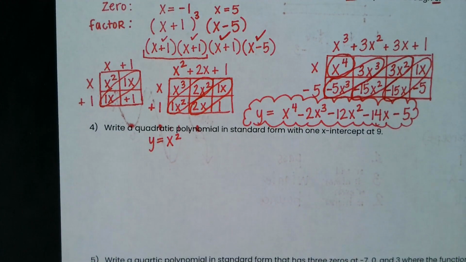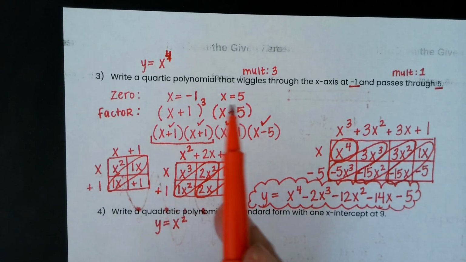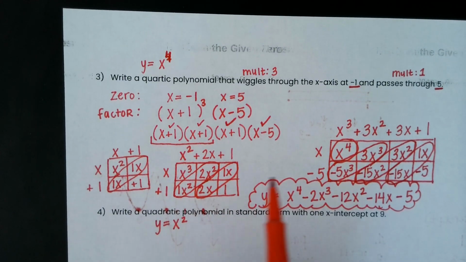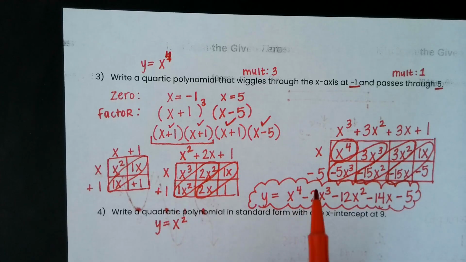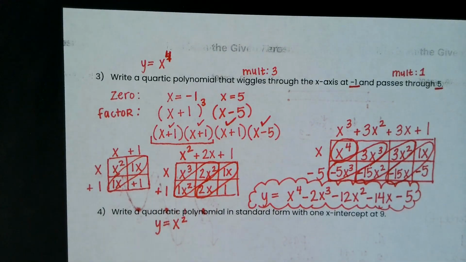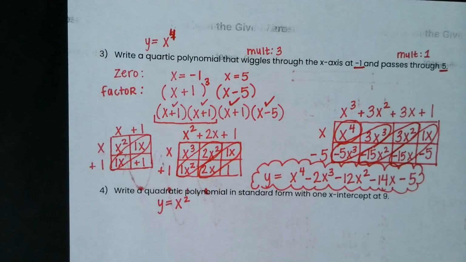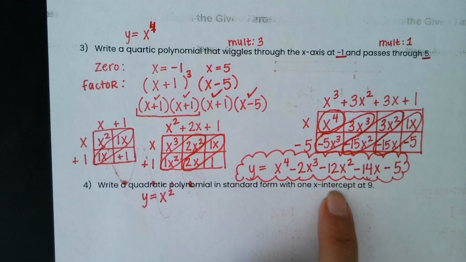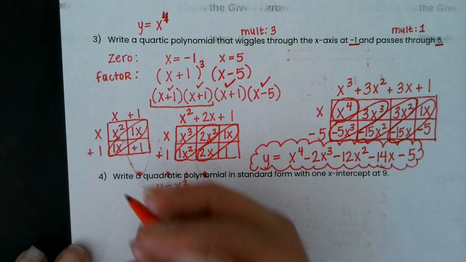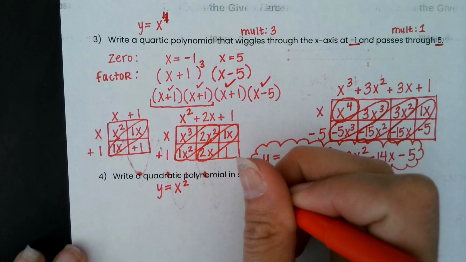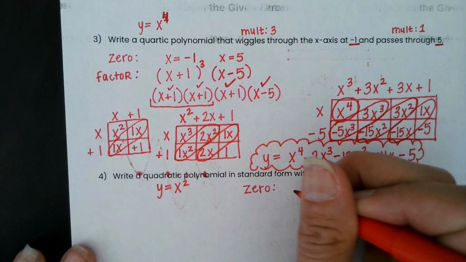All right, so it's going to be way less multiplying than it took on this one to get it all the way to be a quartic, an x to the fourth. Like, I think we might only have to do one box. All right, there is only one x-intercept. There's only one 0. Our 0 is at x equals